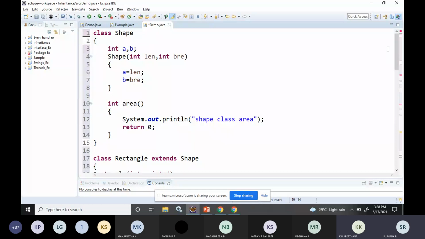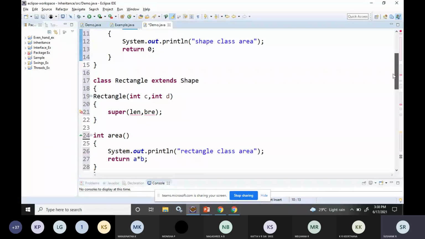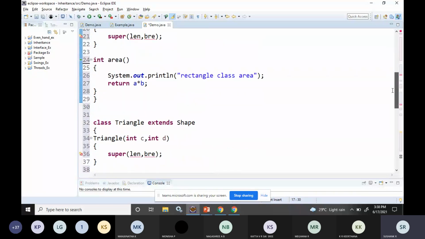The rectangle. Okay. See, first I created the class called Shape. It contained a function, so inside this I'm defining a function called area. For this class called Rectangle, it is extending, creating an inheritance relationship with the Shape class. So Shape will be the superclass and Rectangle will be the subclass. For the Rectangle also, I am creating a function called area. Inside this, I'm writing some logic to calculate the area of a rectangle.